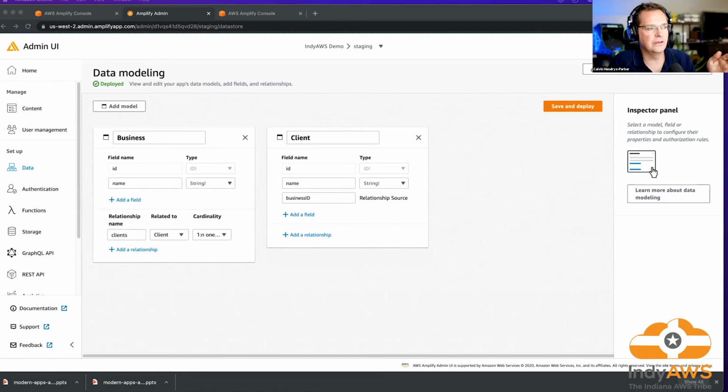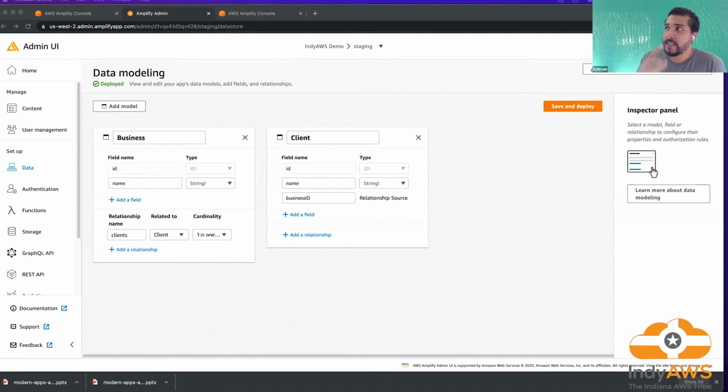Kind of. I assume the REST API is like an API Gateway inside of AWS that you can go and add additional API paths to. The REST API is not API Gateway. What it is, is a Lambda function that would be spun up for you, and then you can modify the boilerplate Lambda. I think it creates the common CRUD operations for you, and then you can make further modifications to the Lambda itself after that.